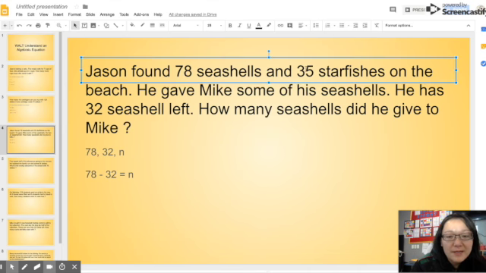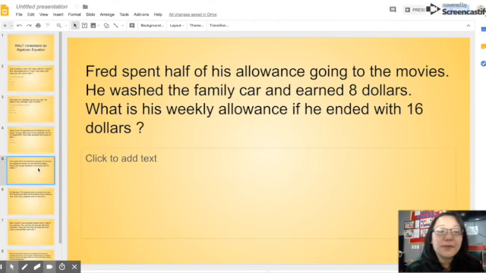One thing that people might do is get confused and go, okay, so where does the 35 fit? Well, it doesn't actually fit at all because it's not part of the question. You can just ignore it. Okay, next one. This is what we call a two-step word problem because Fred spent half of his allowance going